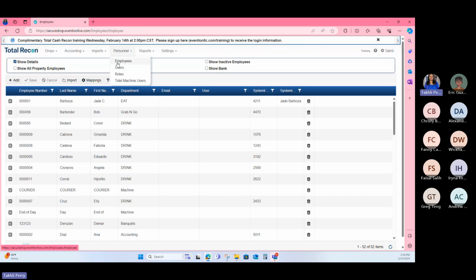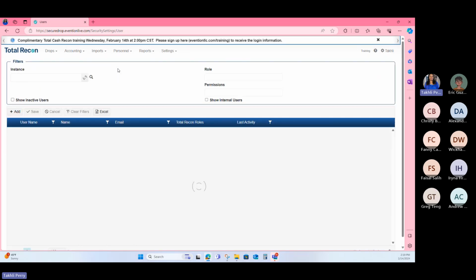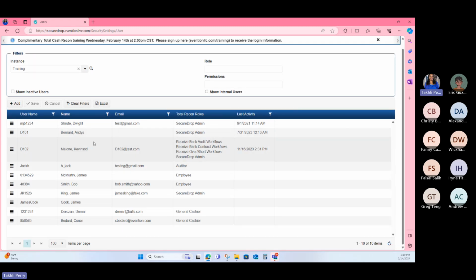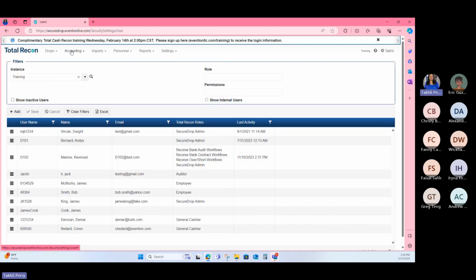And the same applies to the users. You click on users, and most users are management that has access to make changes within the system and any transactions with the Revolution machine and in any accounting